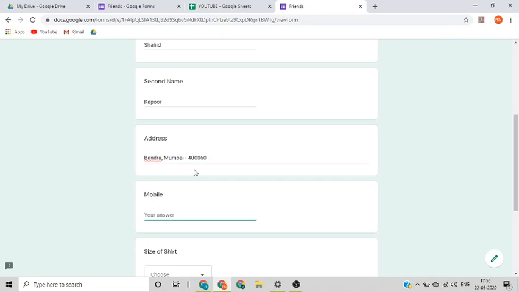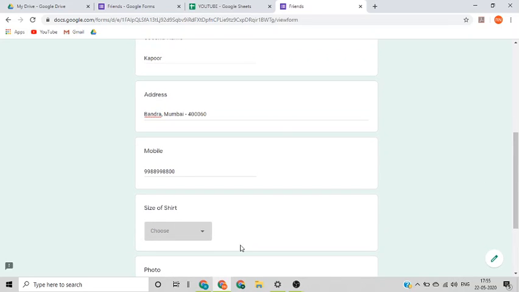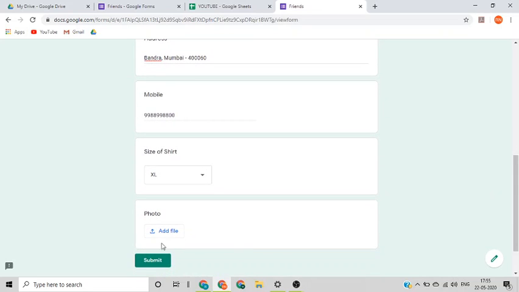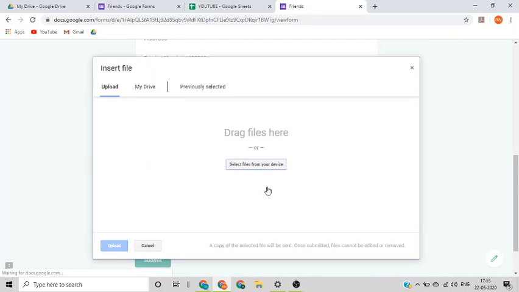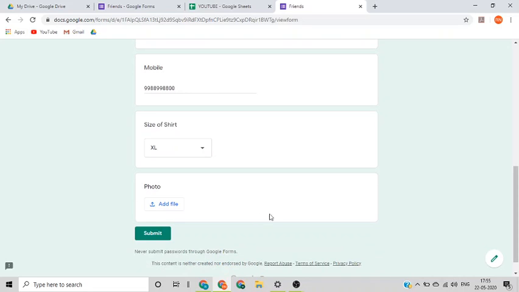Mobile number is 9988998800. Now Shahid Kapoor's shirt size is XL. He'll upload his photo here. Now as we have not marked this field as compulsory, we can go without uploading this photo here and we'll submit this.